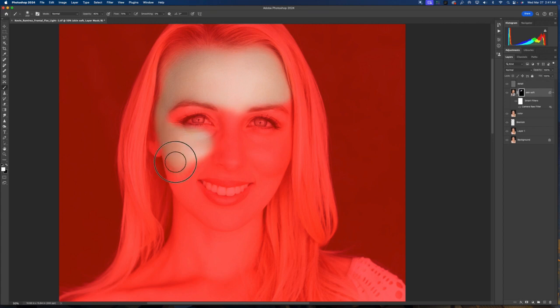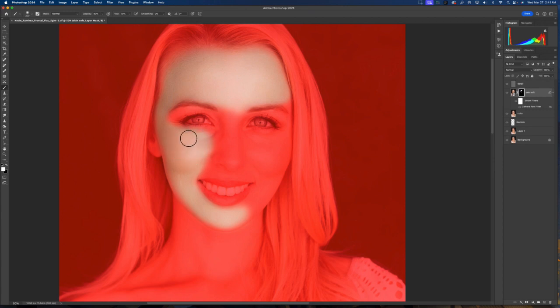Adjusting my brush size. If you paint too much, you can always flip the color so you have black loaded on the brush to fix any overpainting you may have done, and then flip that color right back to white to continue